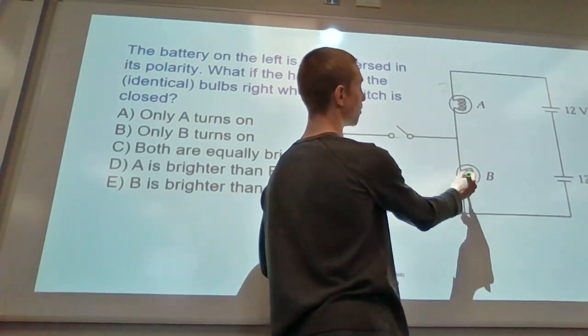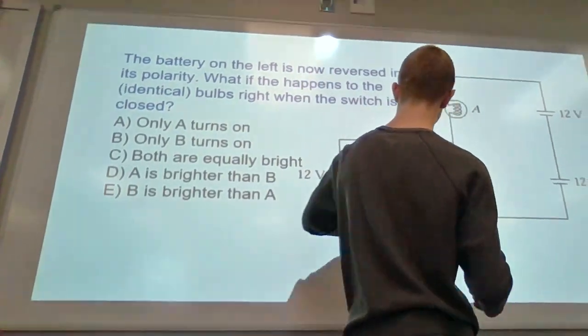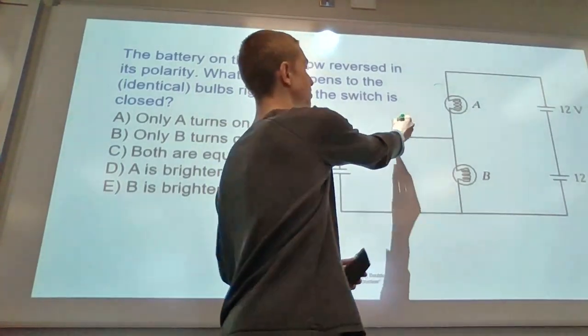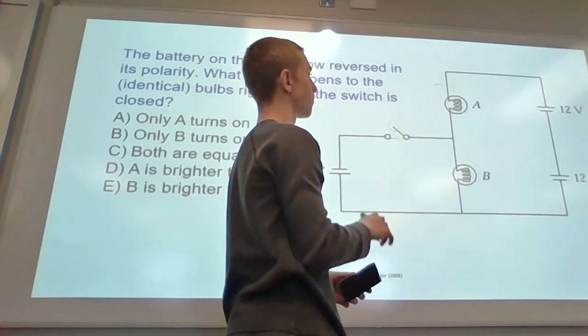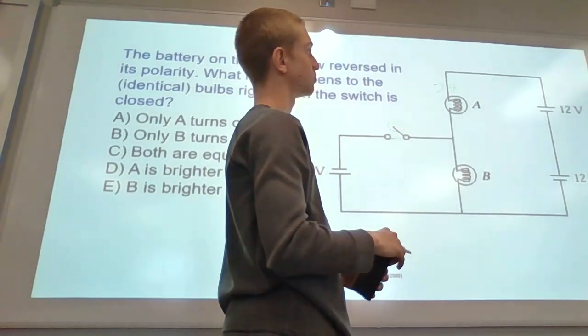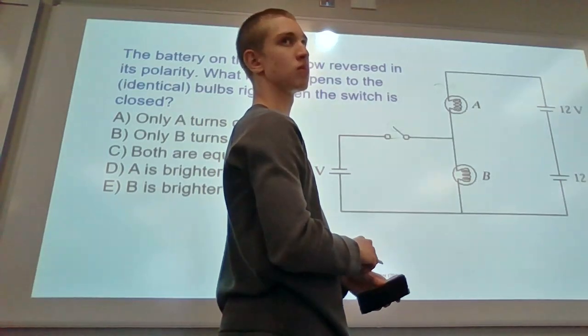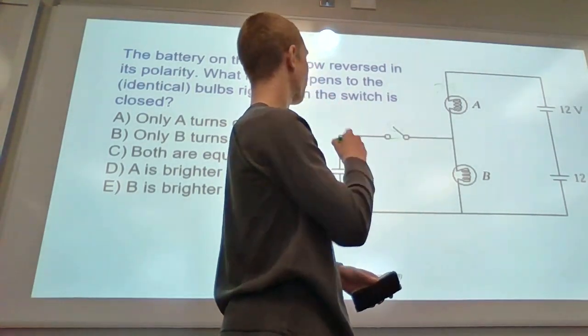Mark where 0 is gonna be, like at the switch is gonna be 0. No, because we have 3 batteries. If the switch is 0, it's gonna be 3 batteries. So it has to be 0 for it to be 24 at the top. No, it's not. It's gonna be 12. Yeah, there's a 24 drop across A, it's 12 across B, and then 0's in the middle.